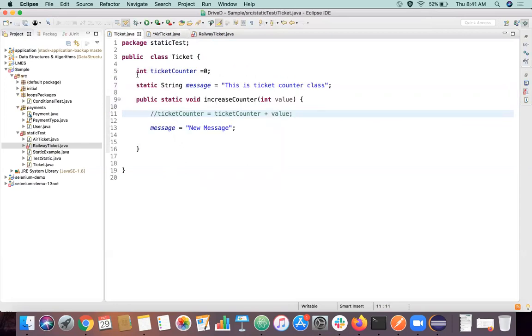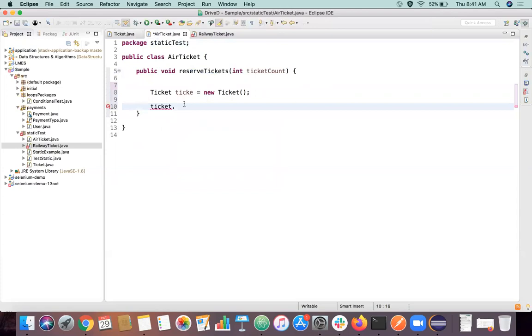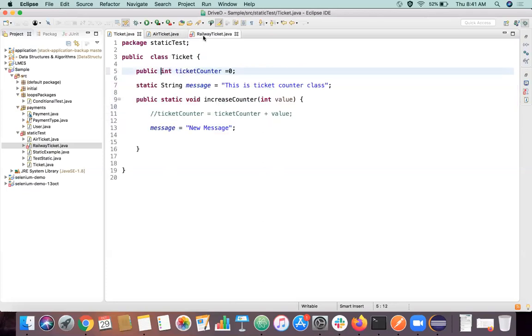Okay, ticket counter is equal to some value we're assigning, right? So what will happen here? Now the 3 is assigned to this ticket counter.